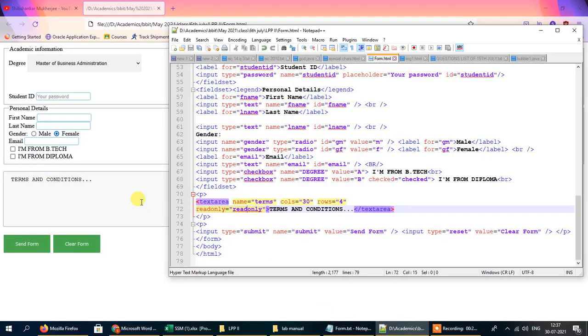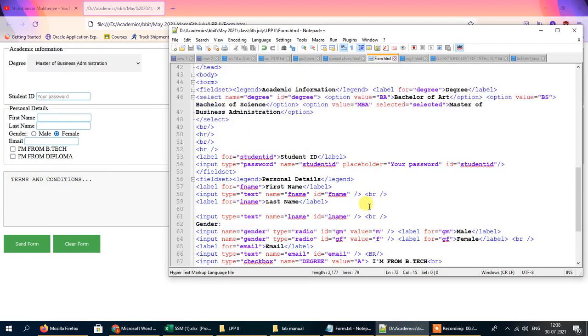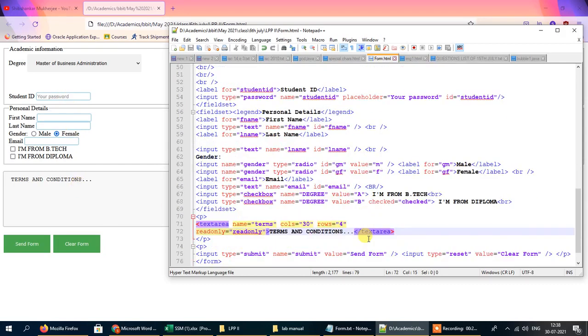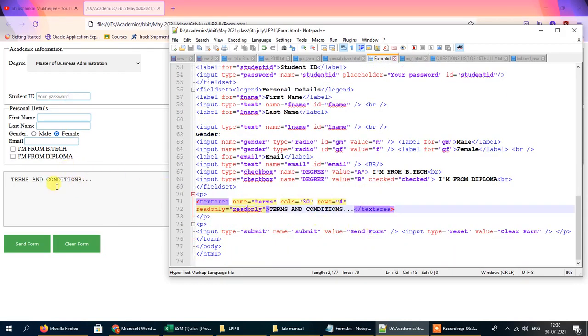and by default it says terms and conditions. So this text will be present inside the read only field, inside the text area. So this is like a placeholder. In the previous password field we had something called a placeholder, which showed a block of text when nothing was entered by the user. In a similar way we've got terms and conditions, which is the default text that is present in the text area field when nothing is entered by the user. So this constitutes our text area.